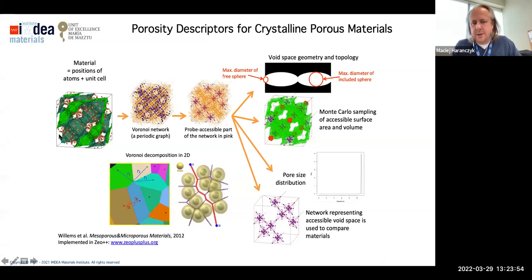So we basically have a crystalline unit cell, and then we employ the Voronoi decomposition technique that, for sets of particles, gives us this tessellation, in which the edges of the Voronoi cells are equidistant to the corresponding atoms. And by analyzing this Voronoi graph, we can, for example, find different paths for different probes, and in particular find the largest sphere that can diffuse through the material. We can identify accessible and inaccessible regions and calculate corresponding surfaces and so on.